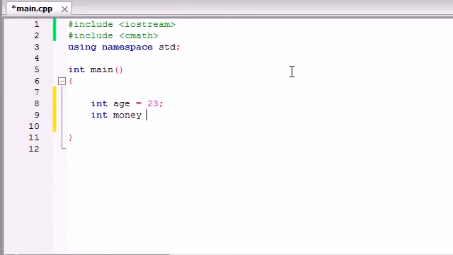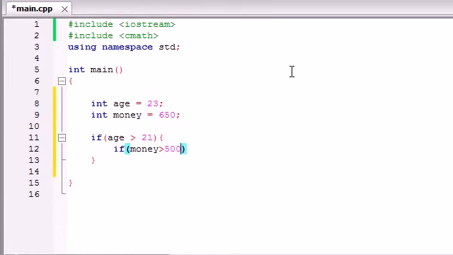And the next thing we're going to be looking at is how much money they have, because we don't want to allow poor people into our 5-star nightclub. So let's say they need more than $500. So let's go ahead and make this like person has $650. So we can test this like this. If age is greater than 21 and if money is greater than, what, I say 500,